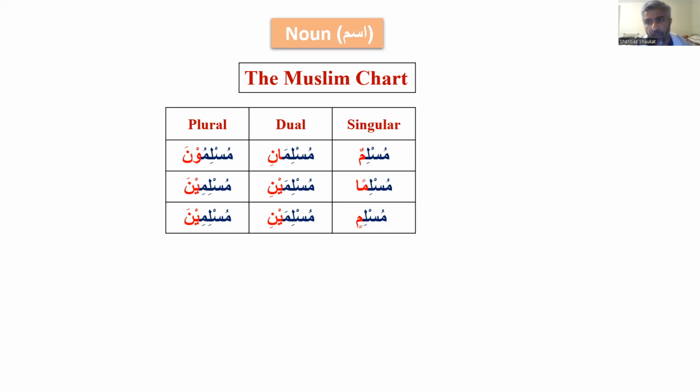Okay. And do we know how many types of status we have? How many? 1, 2, 3, 4, 5. How many? 3. We have 3 status. All right. So we have 3 types of status.